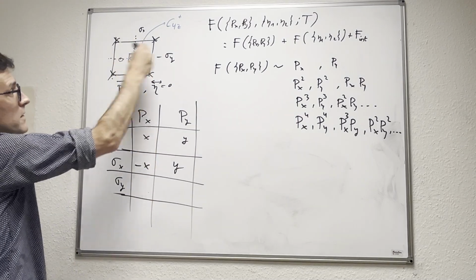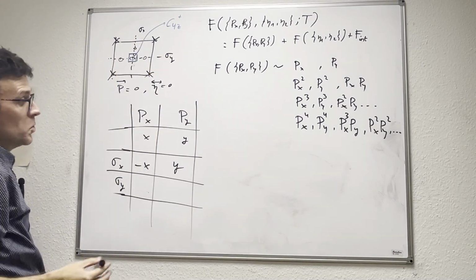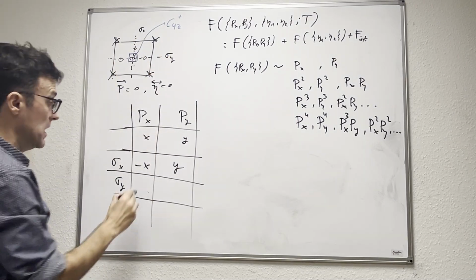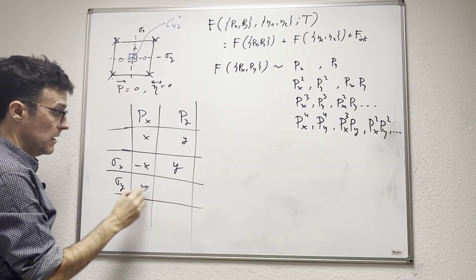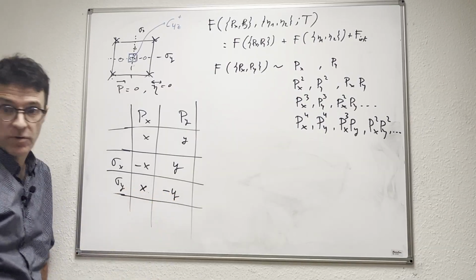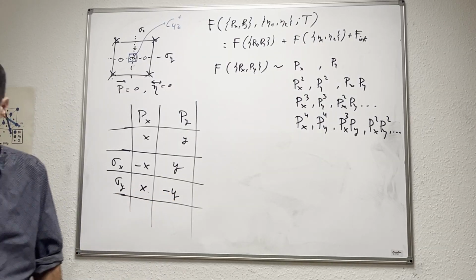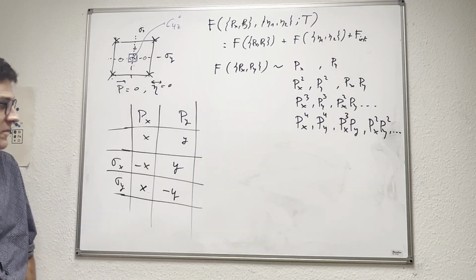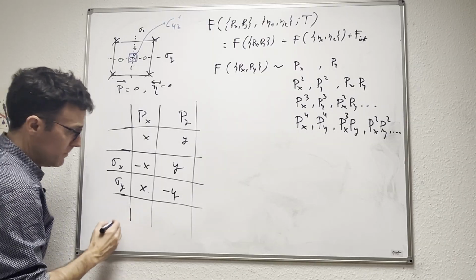Sigma y is this mirror plane, so any x component will be left as it is, and any y motion, or motion along the vertical, will be reversed. Quite trivial, right? And finally,